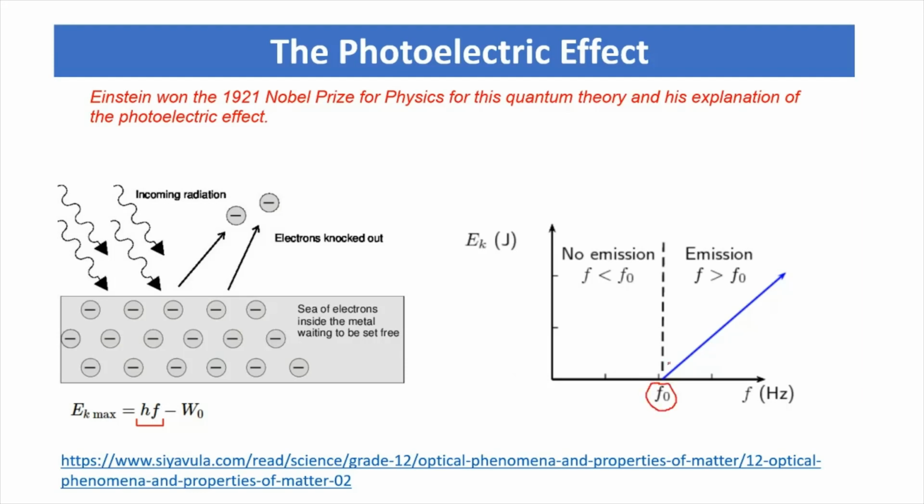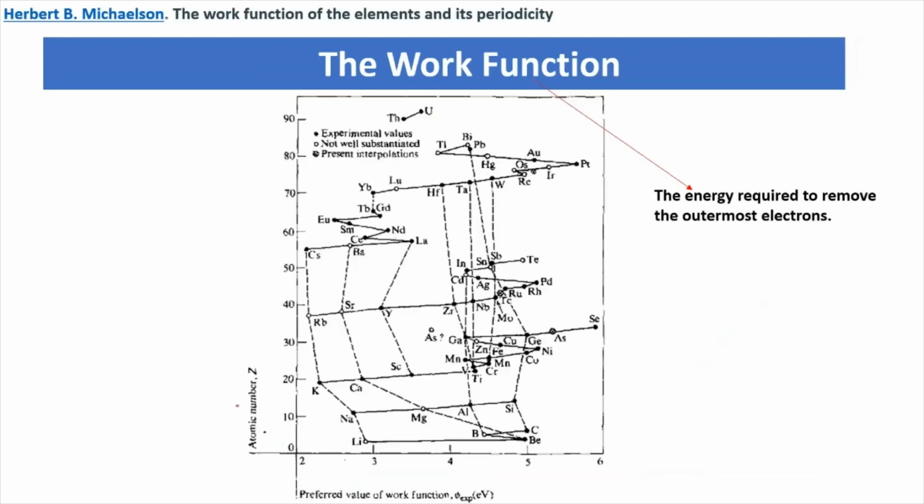Once you hit the work function, the photoelectric emission keeps on increasing, and before the work function there was no photoelectric emission. So for a photoelectron to be emitted, the incident radiation photons must have a minimum of the work function, and if they do, then the photoelectric emission will keep on increasing with higher energy of the incoming radiation. Now we know what this W naught is: we call it the work function, the energy required to remove the outermost electron.